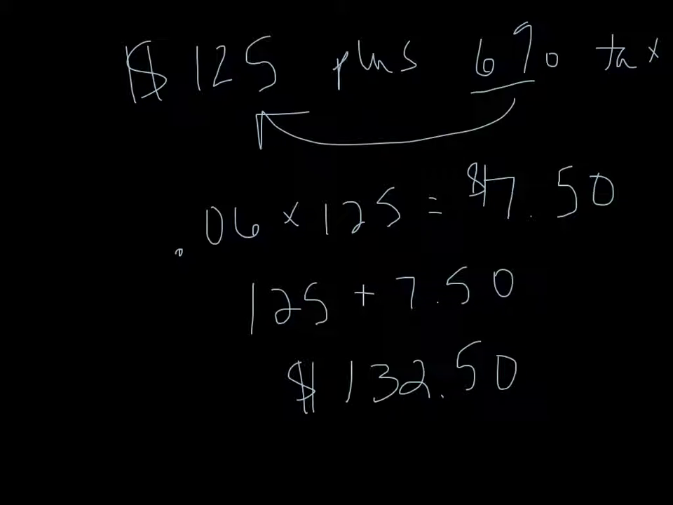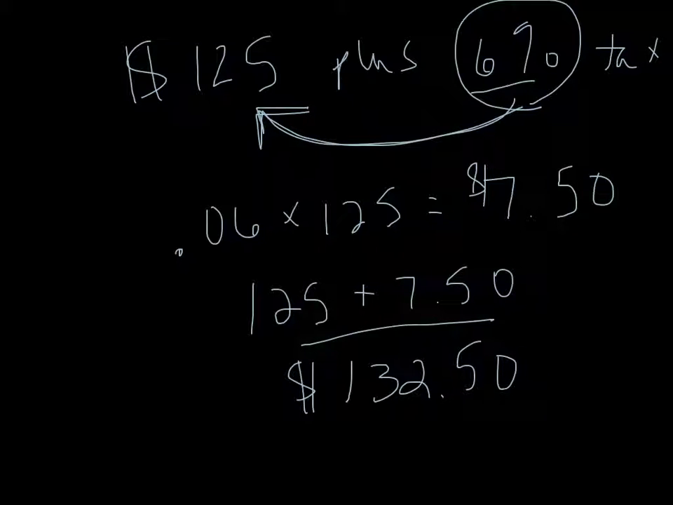There is actually a trick that I'm going to show you that you might want to show your parents because it's actually pretty cool. So this is a lot of steps to find sales tax. You have to change this to a decimal, multiply by that number, and then add them together. So it's like a 3-step problem. But what you can do,